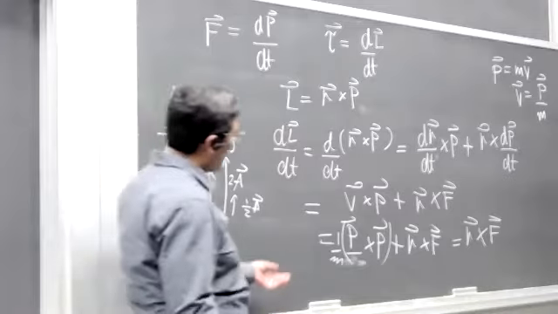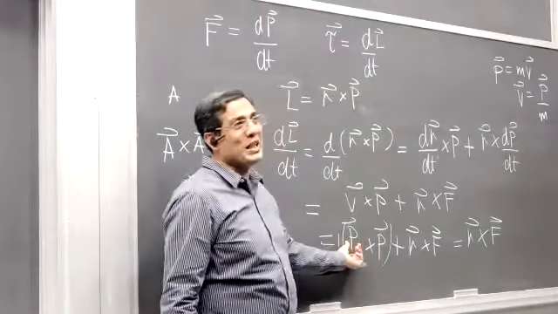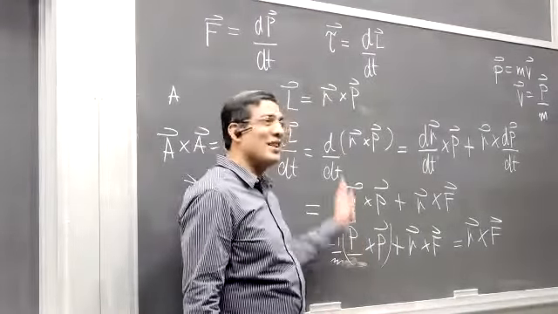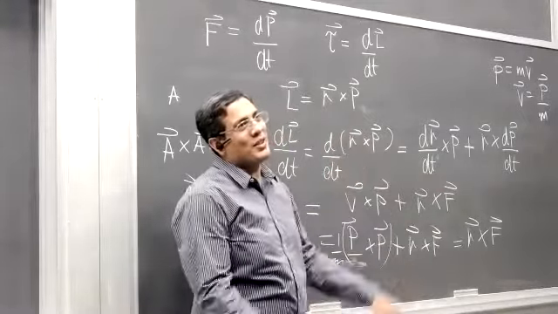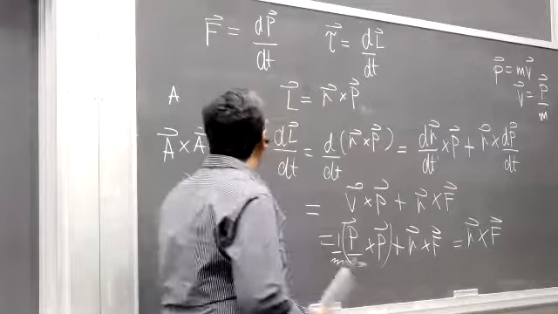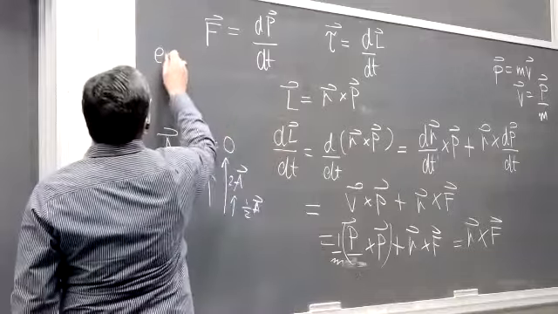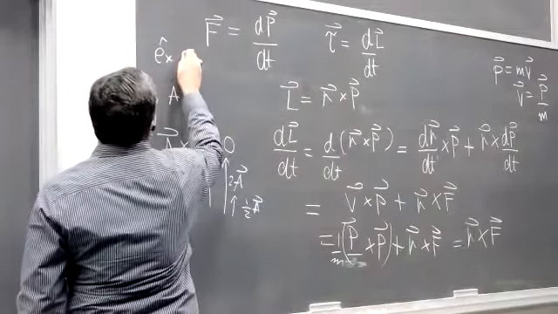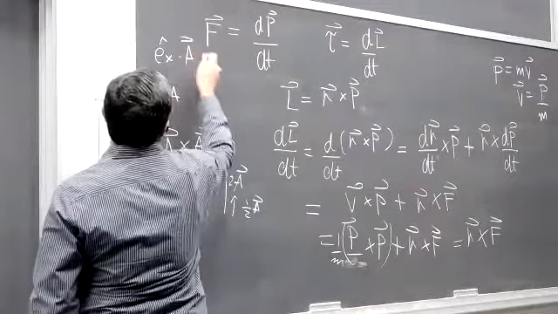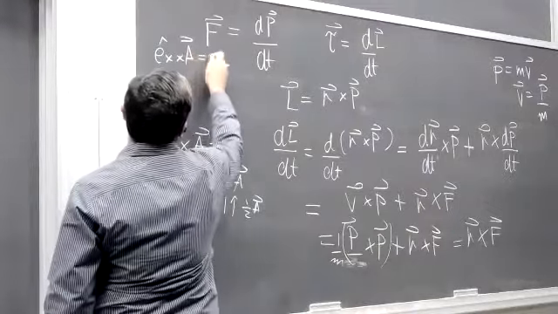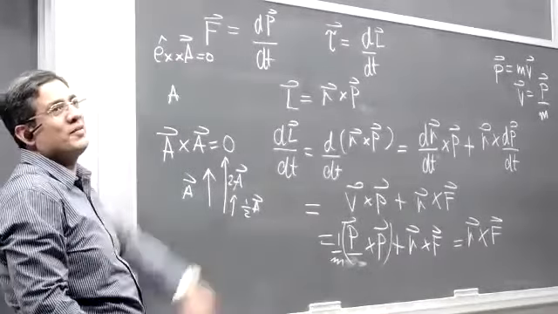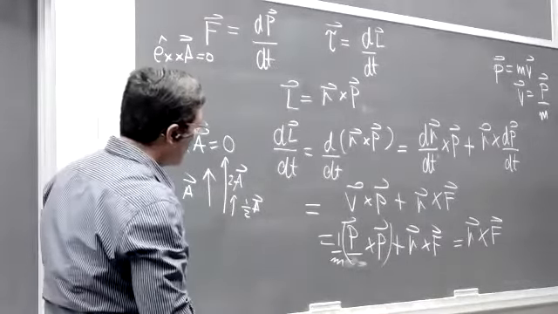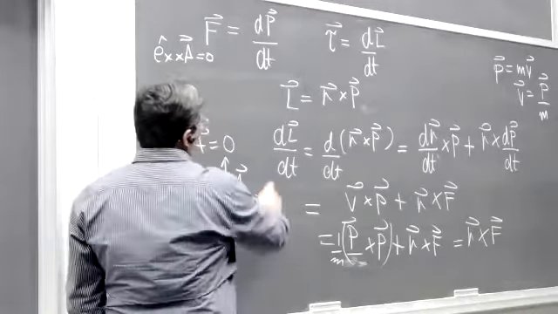So 1 over m is not doing anything, it's just making this piece smaller, but it remains in the same direction. Two vectors in the same direction, their cross product is zero. Even if one is a unit vector Ex and the other a vector in the x direction, their cross product would be zero, although one is only 1 unit length and the other can be 100 units. Right. Okay.